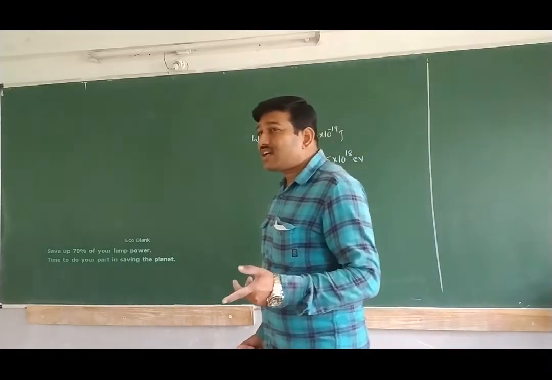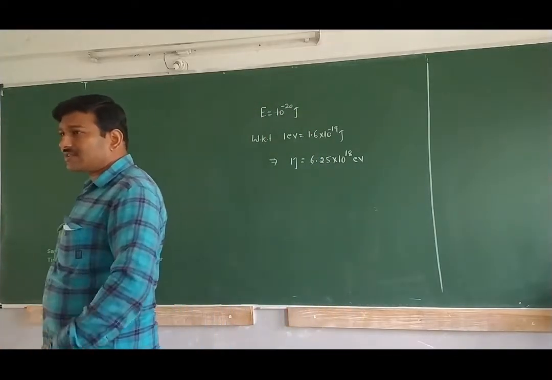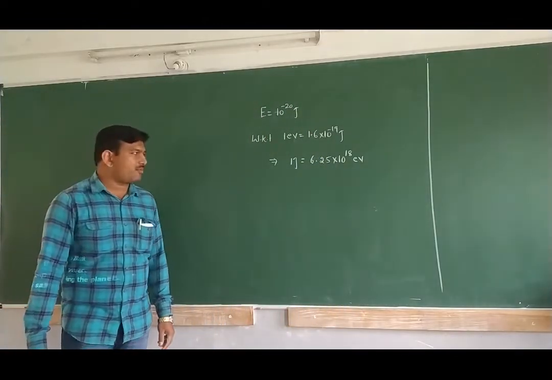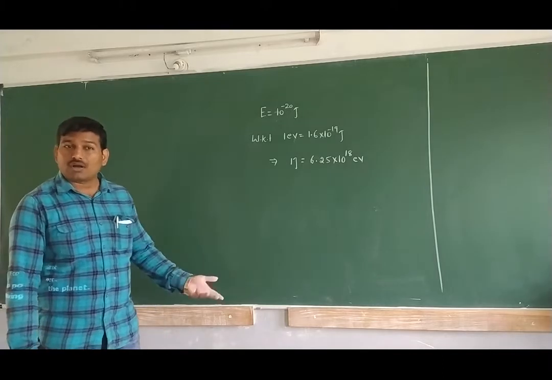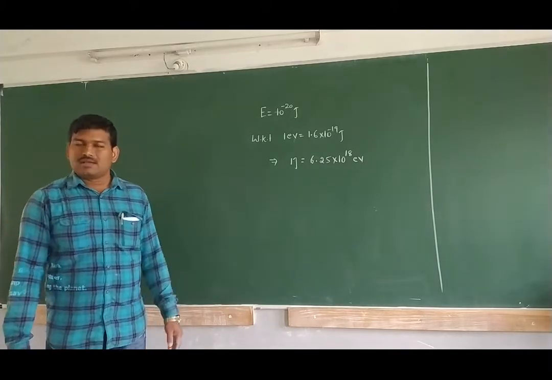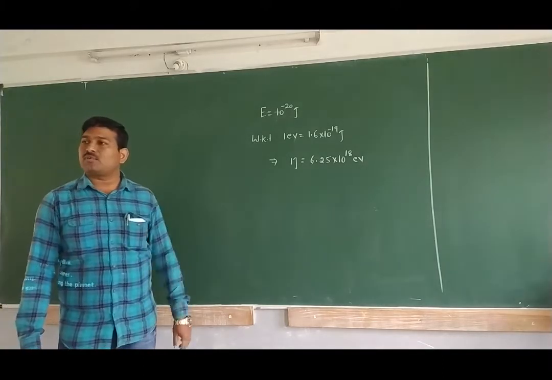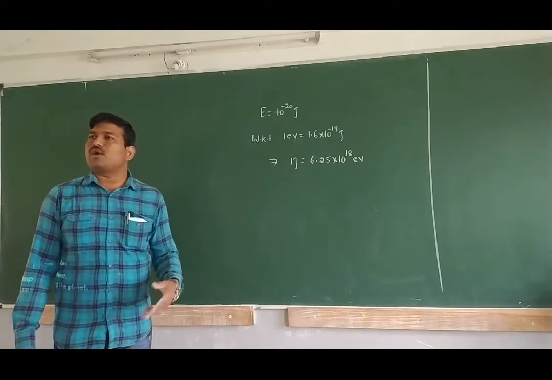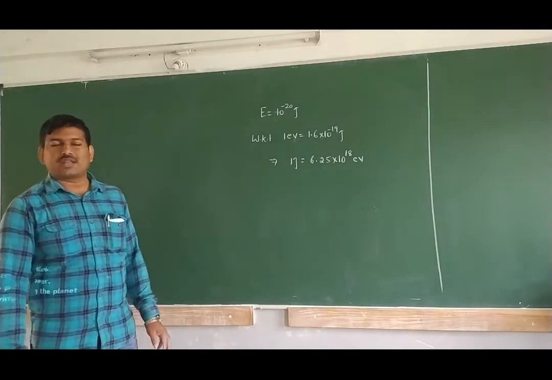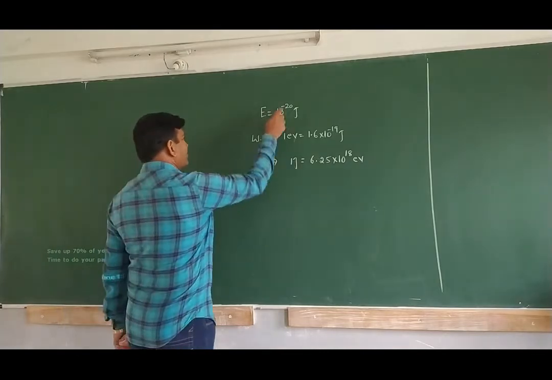How many electrons are present in 1 coulomb of charge? 6.25 into 10 to the power 18. How did you get it? Q is equal to Ne formula. So 1 divided by 1.6 into 10 to the power minus 19 value, you have to remember it directly: 6.25 into 10 to the power 18. So now substitute here. What is the answer?